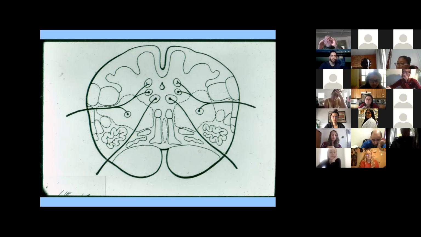Now, whereas the posterior spinocerebellar tract and the cuneocerebellar tract give inputs from different levels of the spinal cord, with the posterior spinocerebellar giving lumbar and thoracic inputs, and the cuneocerebellar giving cervical input, the olivocerebellar tract is giving input from the brain that is now